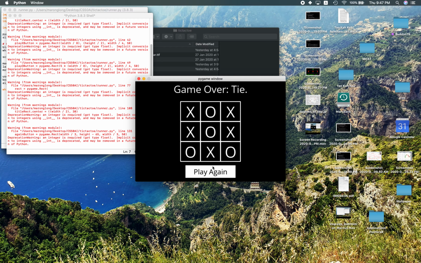So in all cases, I can never win. I can either draw or lose based on how badly I play. And so for the two cases that I've shown you, I've drawn, and the AI has shown that it's a good AI and it's working.